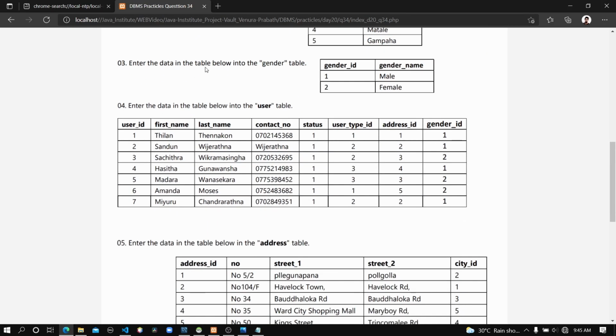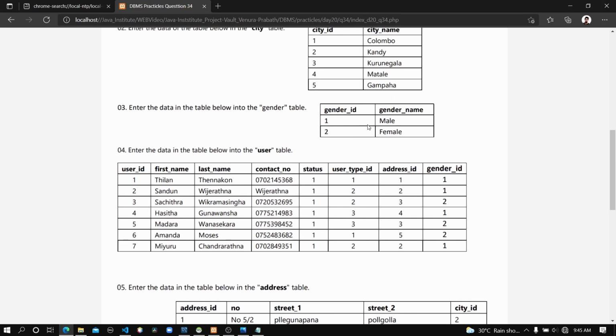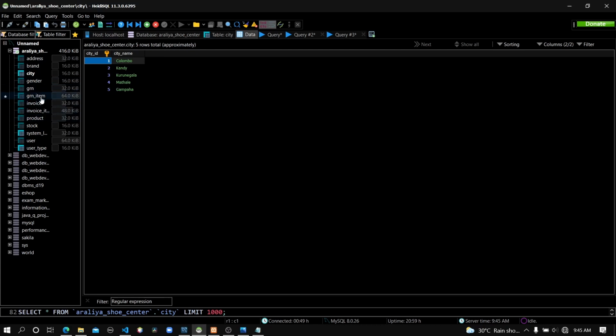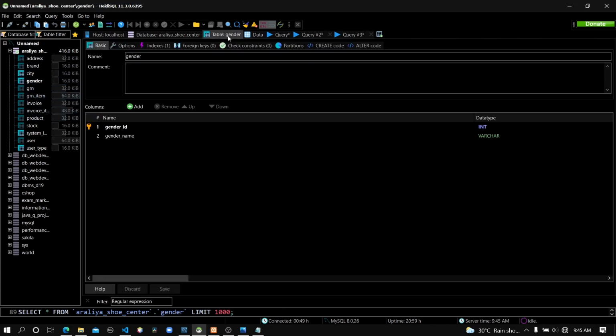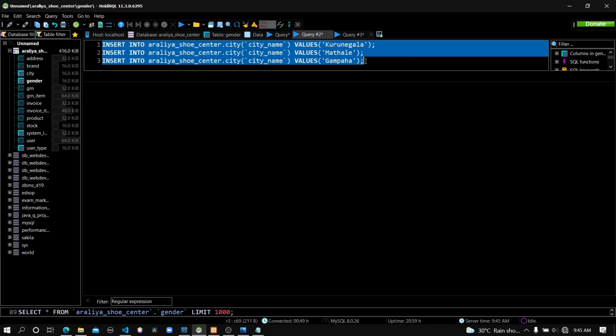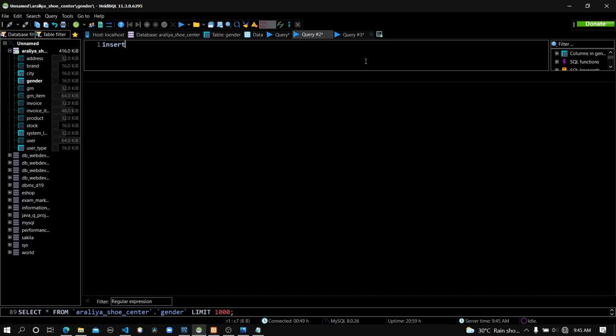Enter the data in the table below into the gender table. Okay, there are 2 genders, male and female, and also let me show you the gender table. The gender ID is also auto incremented, so we don't have to enter that data. Now let's clear these ones and insert into